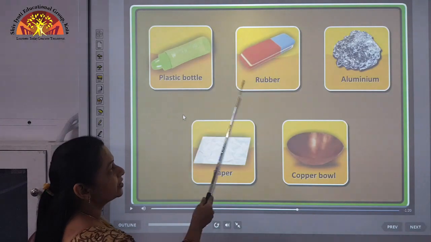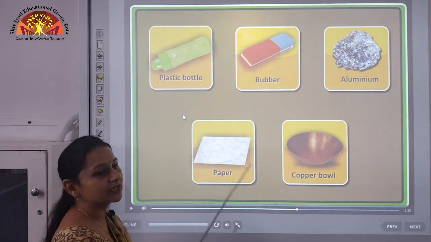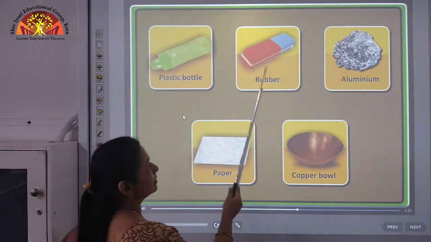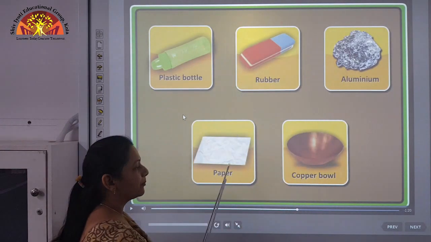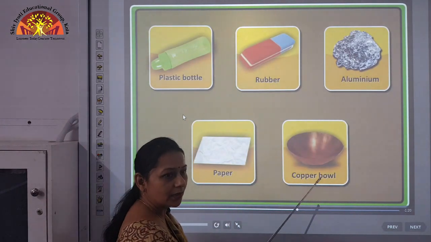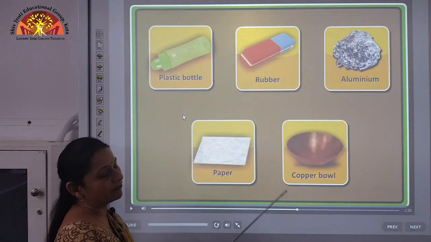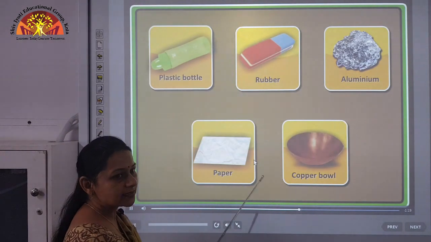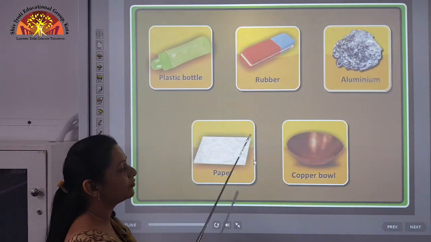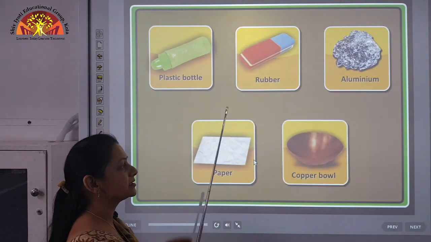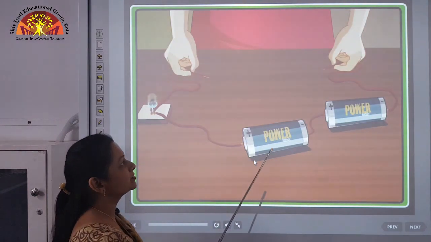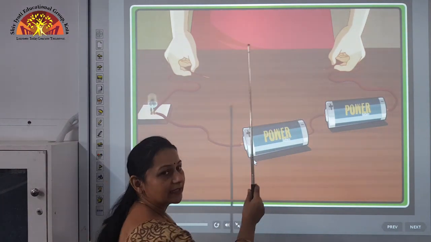We are going to take different materials like a plastic bottle, rubber, aluminium, paper and a copper bowl, and we will test whether these are conductors or insulators. For this we take them one by one and connect them to the two terminals of the wires.